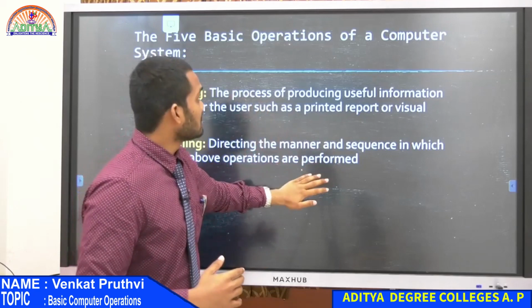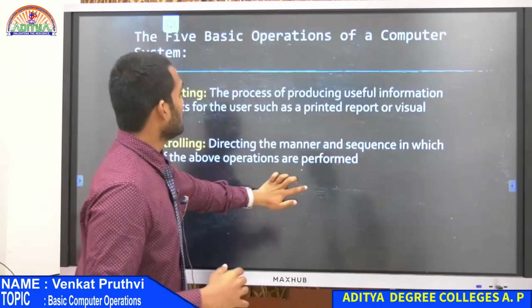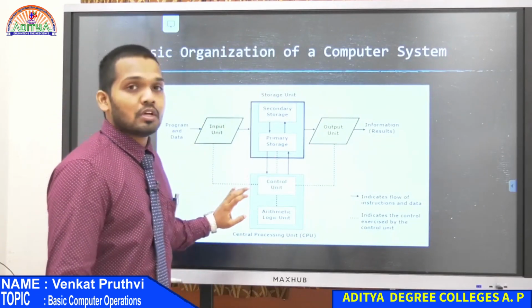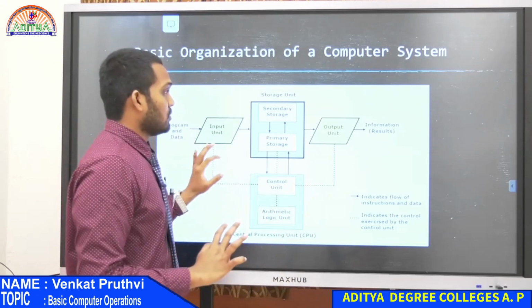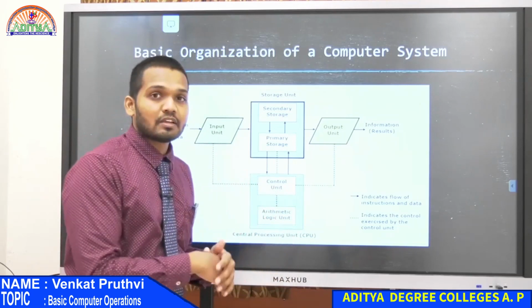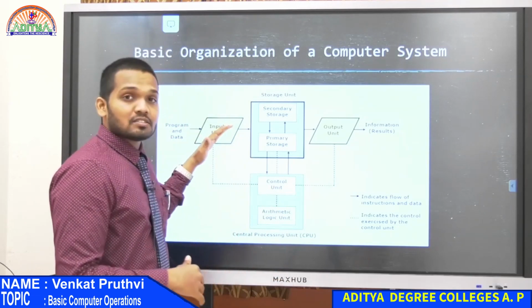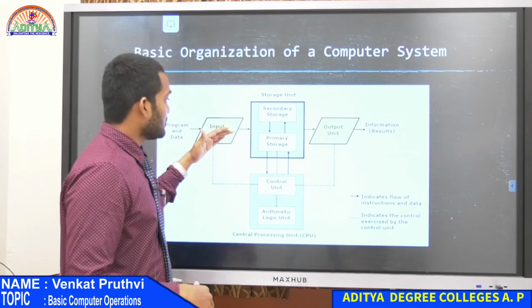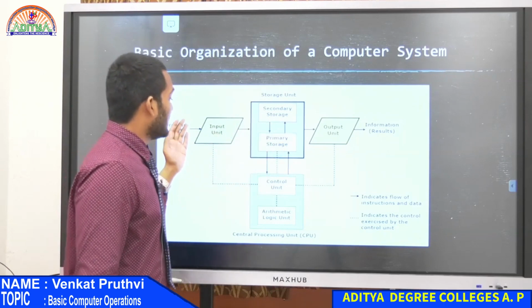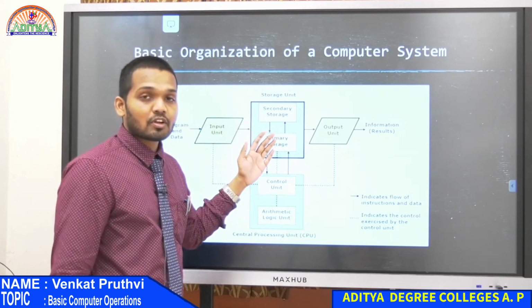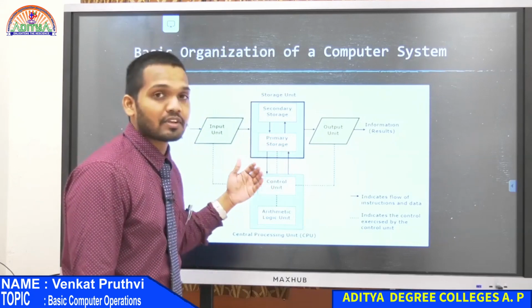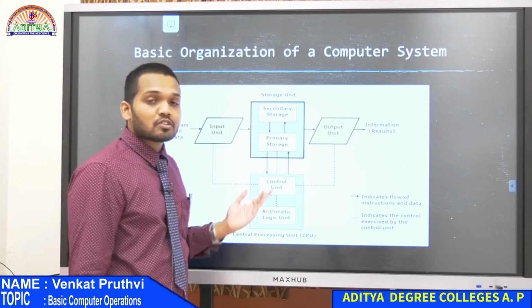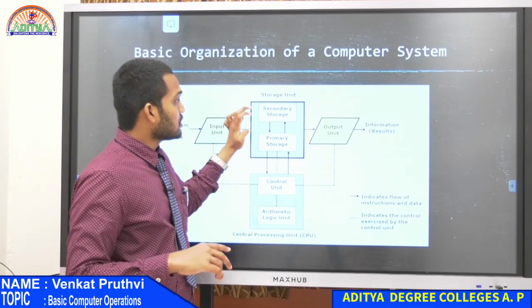So you have to understand these 5 basic operations first, and then this is the basic organization of a computer system. This is how all of them are interconnected. Over here, what are the things that you can identify according to the slide that we were discussing previously? The first thing in the operations is the input unit. The program and data, we give as input to this computer system. Then this input is stored. We were talking about how we store the data that is given as input. Now this input is directly connected to your storage unit. What do you have in the storage unit? Again, you have two types: the primary storage and the secondary storage.